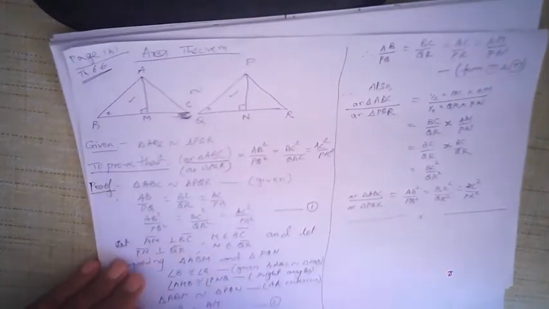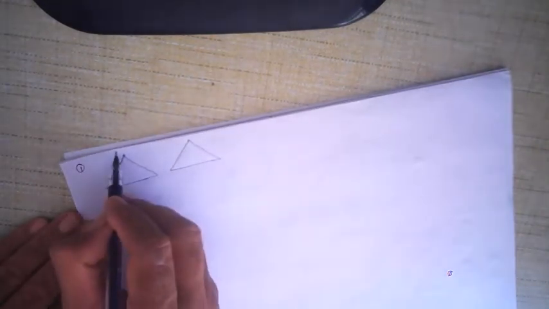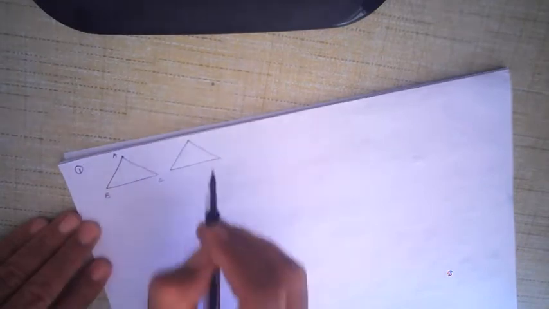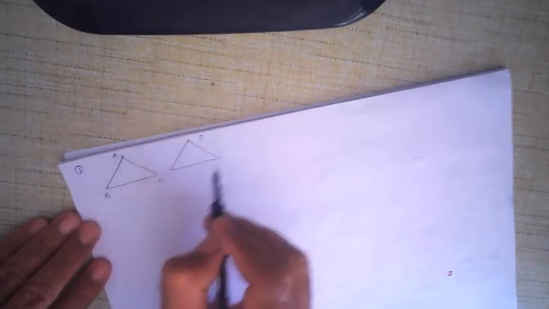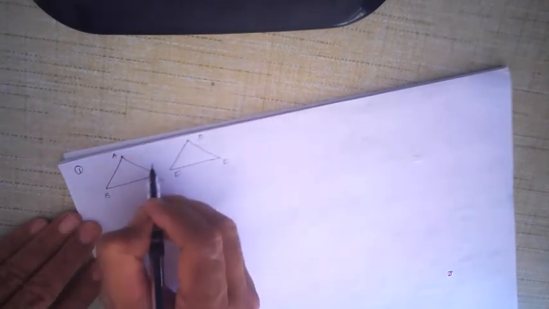Okay. Now let me do a couple of questions based on the area theorem, just to give you an idea what it actually means. Let us say triangle ABC is similar to triangle DEF. We are given triangle ABC and triangle DEF. Always draw figures. The figures do not have to be perfect because this is not a painting competition. You are learning geometry, but try to draw figures wherever you can. Triangle ABC is similar to triangle DEF.